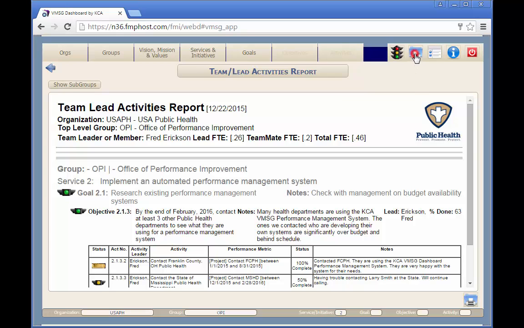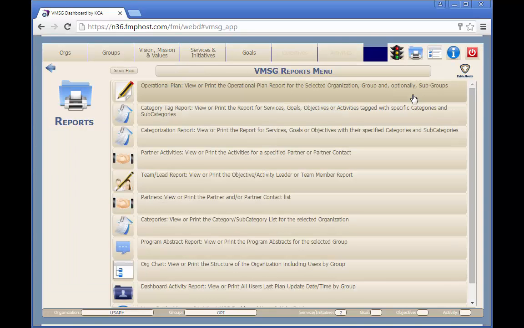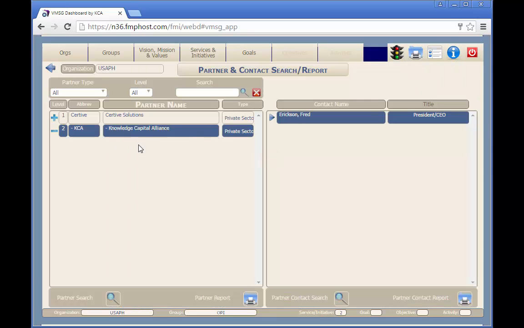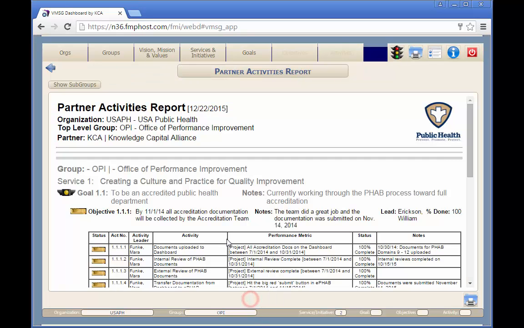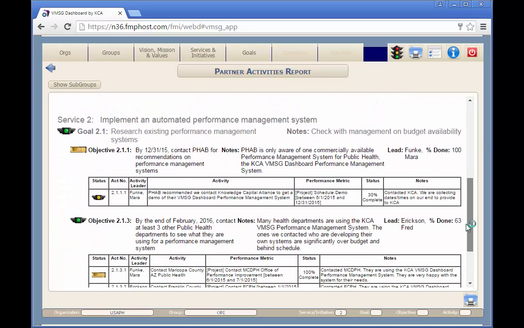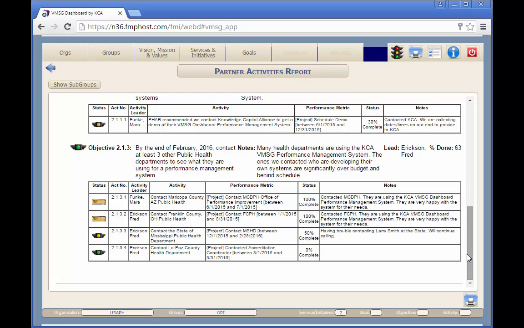We also assigned activity partners to each activity. Let's look across the department to see all of the activities assigned to a specific partner or partner contact person. This report now shows all of the activities which are shared by our partner KCA. This report is very useful when you hold your review meetings with your partners. Partners can also be given access to specific groups in the department to allow them to update the activities for